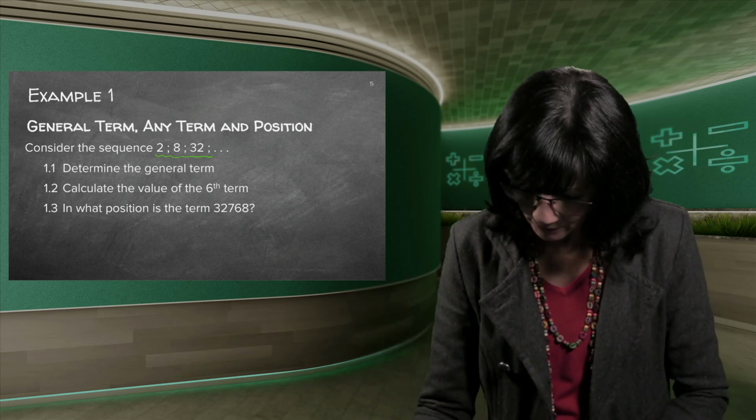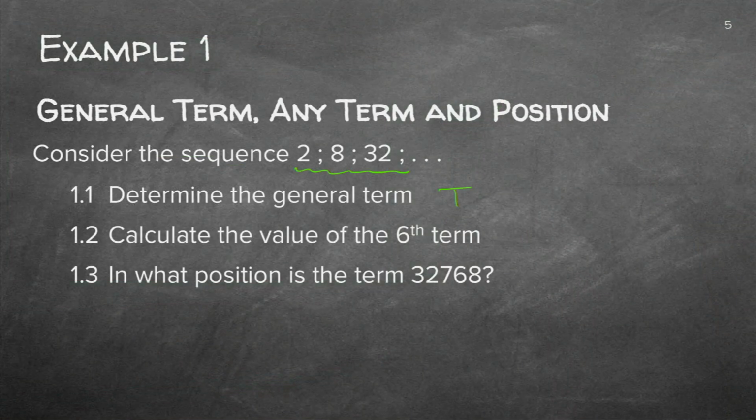If they don't tell us, I must go and find it for myself before I can do anything in the problem. So if I look at the first question, determine the general term, you agree with me, they asked me to determine Tn. But now I know 2 Tn formulae. I know the a plus n minus 1 d for difference, arithmetic sequence, and I know the AR to the n minus 1 for the R, common ratio, and I do not know which one this is. So let's just get some space and see. If I just in my head, 8 minus 2 gives me 6. 32 minus 8, I'm not going to even work it out, it's not 6. So I can clearly see there's no common difference.